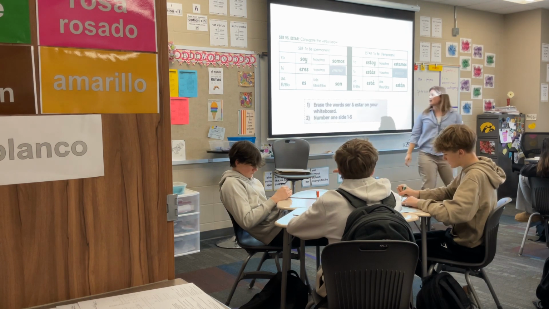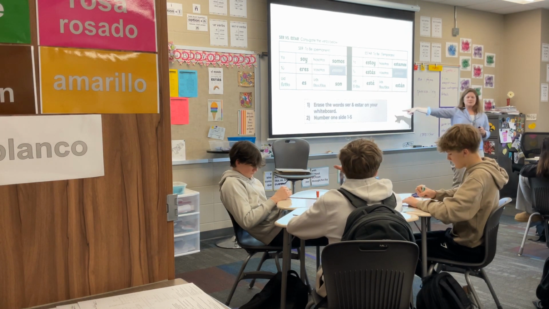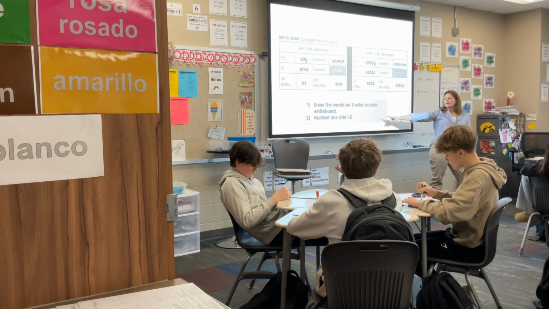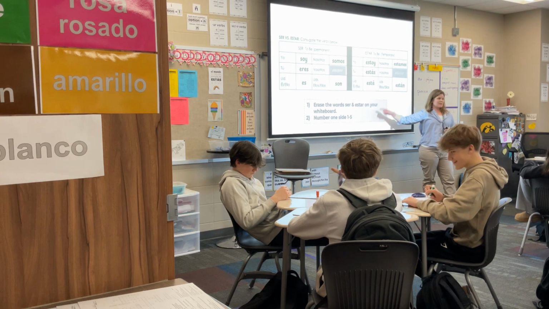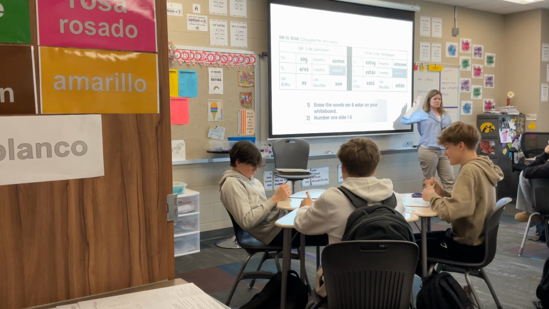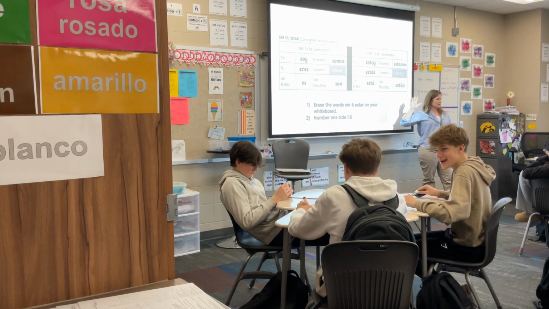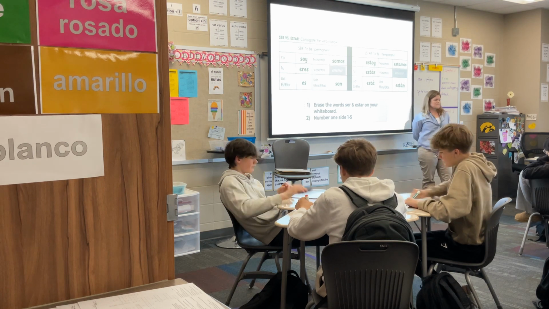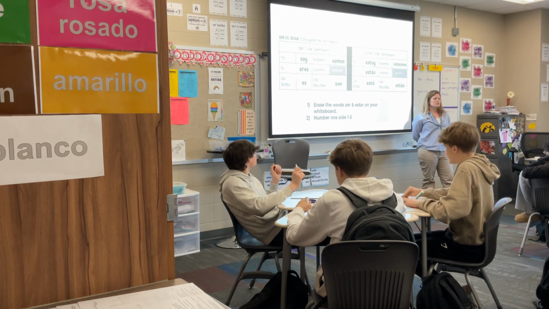So we're going to take our whiteboards. You've already erased the word ser and estar, and you're going to number one of the sides. You're going to number it uno hasta cinco. So on your whiteboard, uno, dos, tres, cuatro, cinco. You go ahead and write that on your whiteboard. On the back of your crossword,